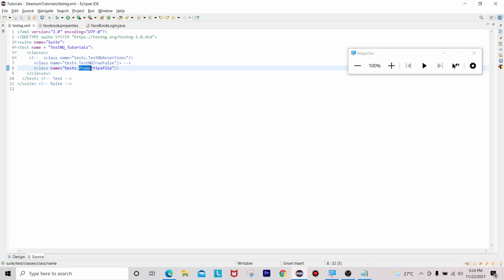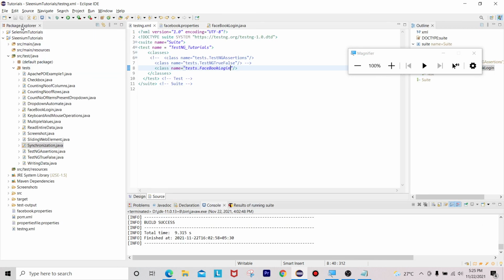I covered this concept in my older tutorials, so please go through those tutorials also: what the Test annotation is, how we can create this testng.xml file, how we can represent multiple classes inside a testng.xml, how we can do a suite level execution including all the test cases present inside our testng.xml, and also what assertions we have inside TestNG, and what methods we can use to do assertions on your application. So let me quickly run this program.